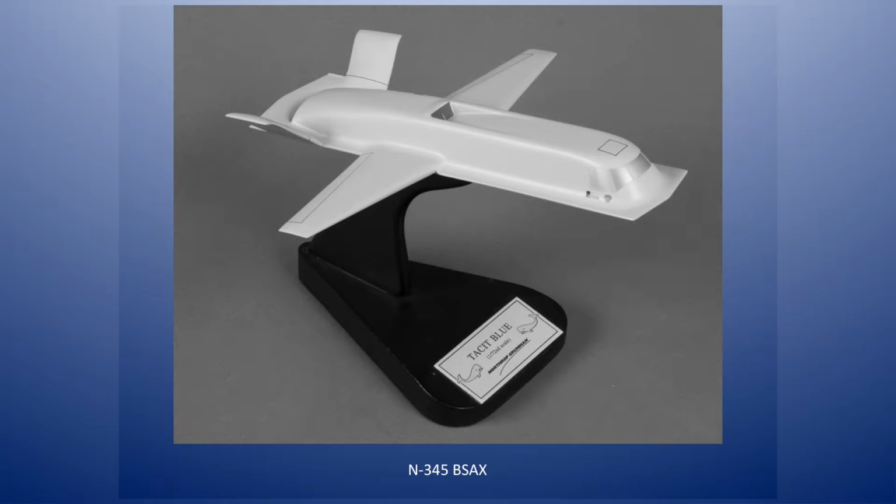This was originally to fly along the forward edge of the battle area, FEBA, and to look unseen by the enemy behind enemy lines and track enemy armor, and to direct Army fire and Air Force and Navy strike aircraft to kill those threats. The radar system eventually migrated to the J-STARS. Tacit Blue was not needed, but the technologies that were pioneered for that airplane showed up in just about everything we did since. Continuing on with the space theme,